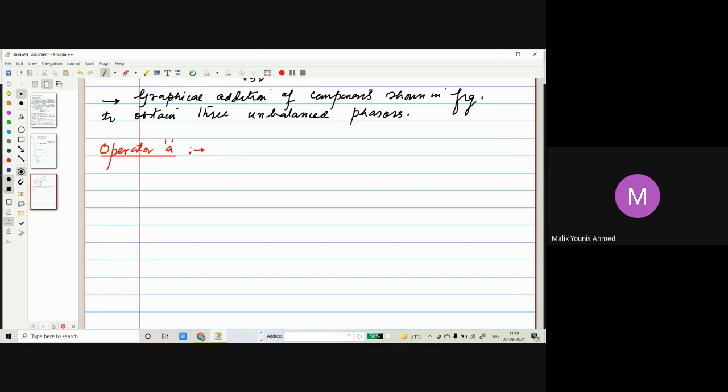Okay. Now next is operator. See, similarly we had operator J. In case of basic electrical, we have seen that operator J rotates the phasor by an angle of 90 degrees. So we have an operator J. So let me write a little bit of description about this. Operator A means what? The letter A